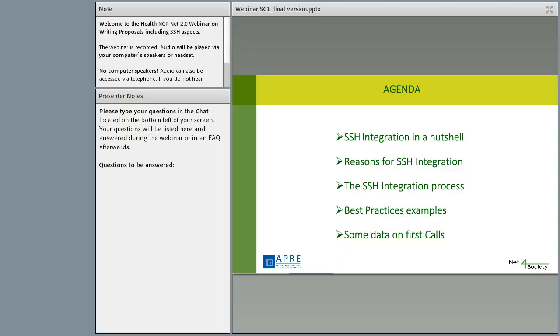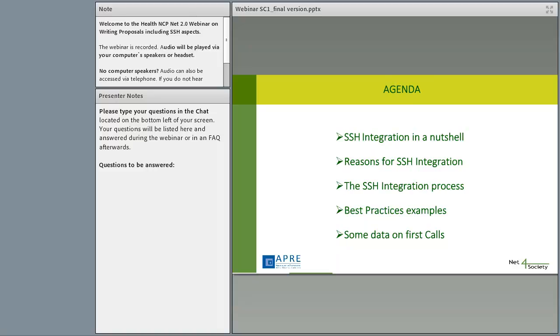We'll try to identify and explain the reasons for SSH integration in Horizon 2020 and in the health work program. We'll explain the SSH integration process with all its relevant steps. We'll provide you with some best practice examples of very successful projects that include and integrate SSH aspects, and we'll provide you with some data on the first calls in 2014, always focusing on the socio-economic sciences and humanities integration in